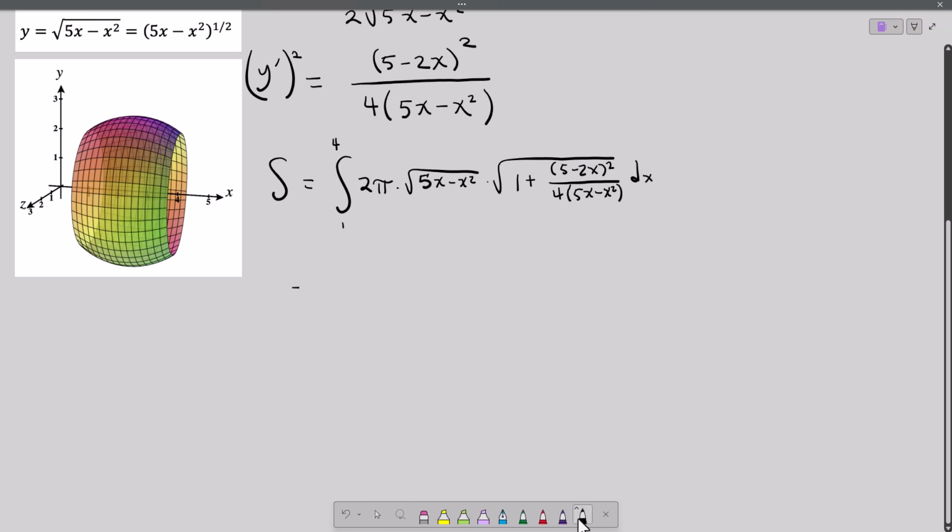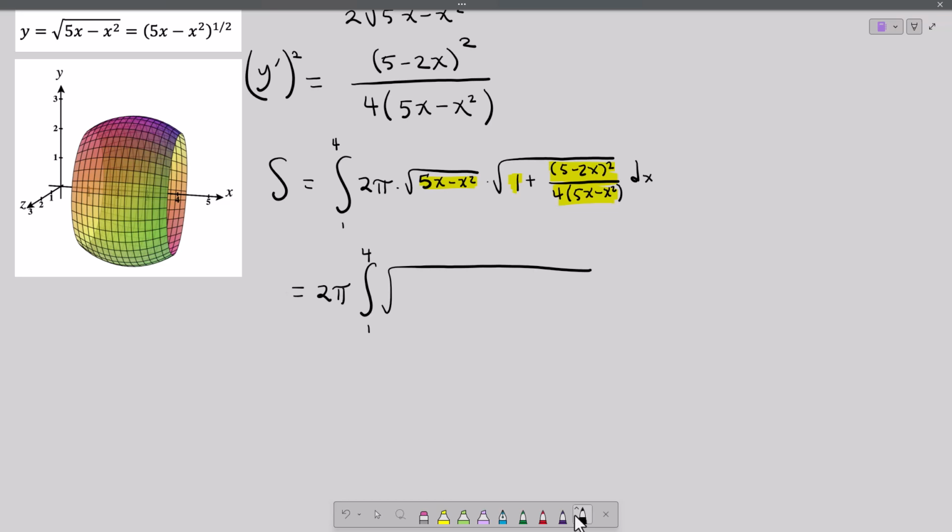And we're now in that same situation where we're multiplying two square roots. If we have two square roots being multiplied together, the inside has to be distributed over to the inside. Well, the first part's easy. 5x minus x squared times 1 is 5x minus x squared. But when it distributes to that second fraction, this 5x minus x squared is going to cancel with the 5x minus x squared that's sitting in the denominator. So that cancels, and we're going to be left with